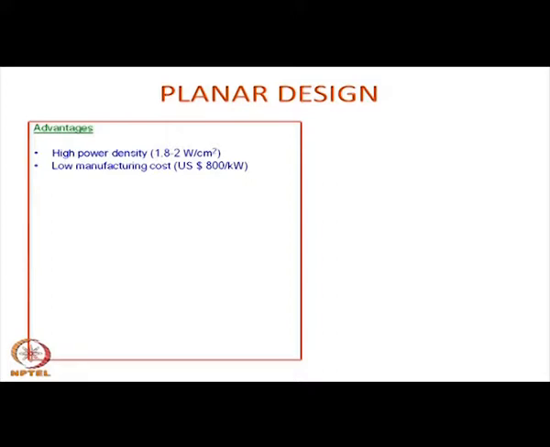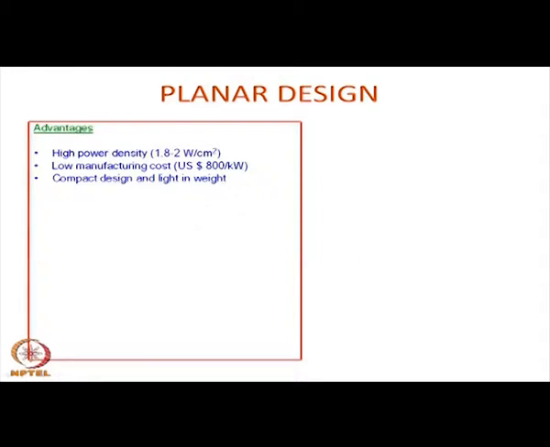So, high power density: one can get a much larger power density, up to about 2 watt per centimeter square. Of course, the manufacturing cost is relatively low. This has been given in US dollar, about 800 kilowatts, but it is still not sufficient for commercialization. The target is less than 400 US dollar per kilowatt. That will be the ideal situation under which this kind of technology can be economic under the current economic condition. The compact design and light in weight, as we have mentioned, compared to the tubular design,